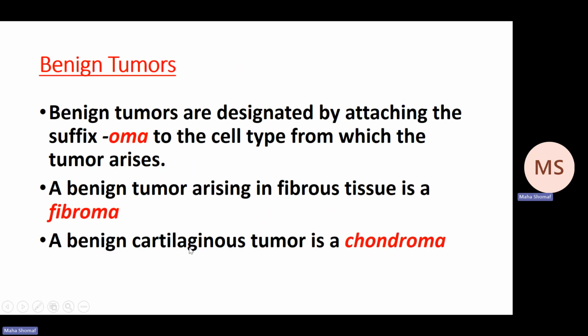In order to designate the tumor, we depend on the type of cells that are neoplastic, which constitute the parenchyma of the tumor. Benign tumors are designated by attaching the suffix "oma" to the cell type from which the tumor arises. For example, a benign tumor arising from fibrous tissue is called fibroma. A benign tumor arising from cartilaginous tissue is called